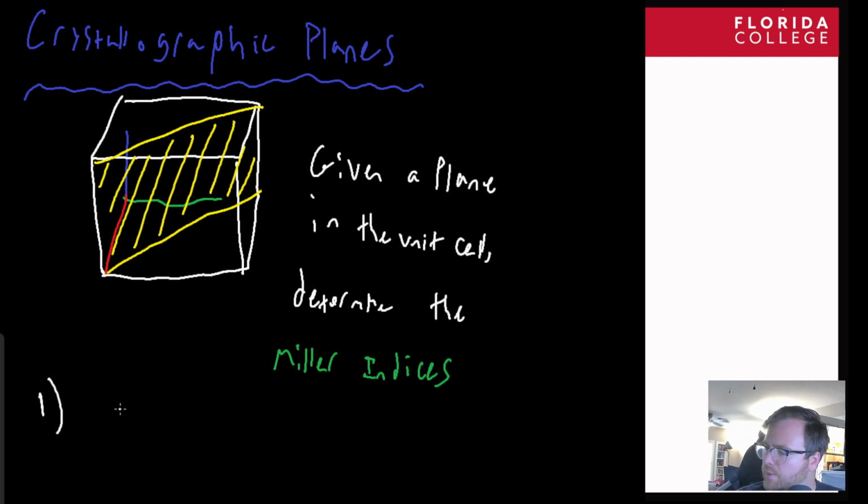Okay, so step one. We're going to go through each step that we need to find what the indices for this plane are, right? So how do we differentiate this plane from a different kind of plane, right? Like if I had a plane halfway in here, through the z-axis, how would we call that plane? So step one. If the plane passes through the origin,